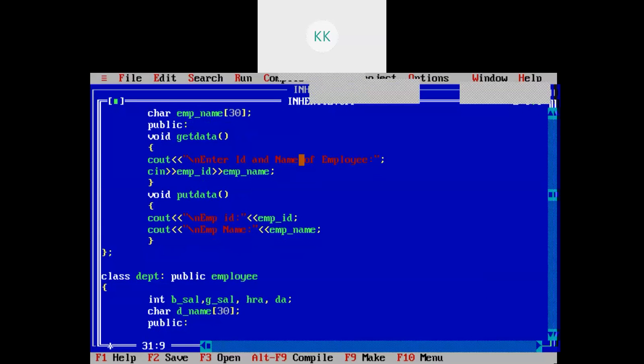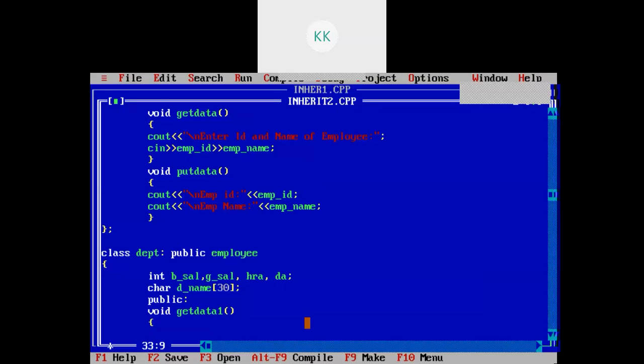Then public. Here also I will write two functions to read and display the data. So I will write void get data 1. Here I am giving the name get data 1 because I already have get data in the base class, so I need a different name for get data in this inherited class.